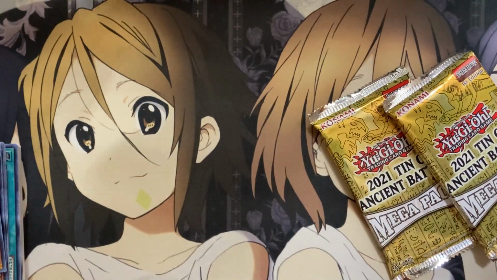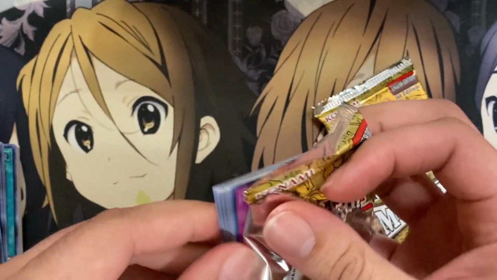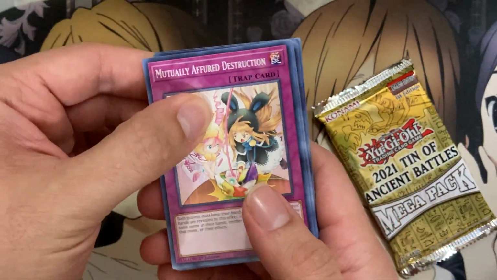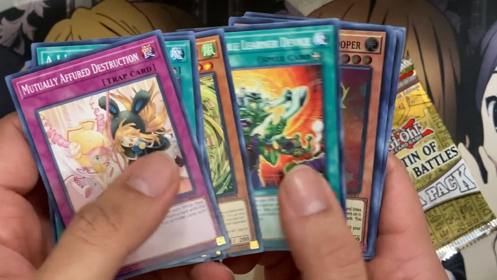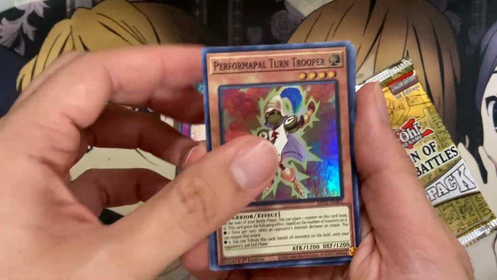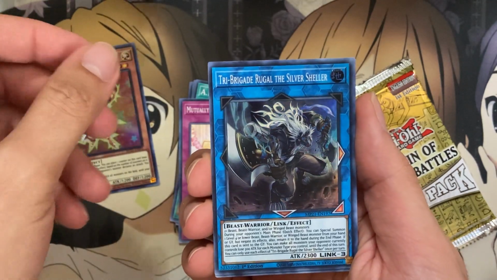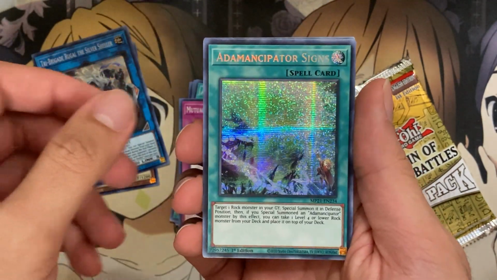It's just a good level 9 staple. So, anything that can be usable going back and looking through the combo. I definitely want to get super rare playsets of all the super heavy samurais now. For our super rares, we have Turn Trooper, Tri-Brigade Rugol, the Silver Sheller, Adamantipator Signs for our next secret